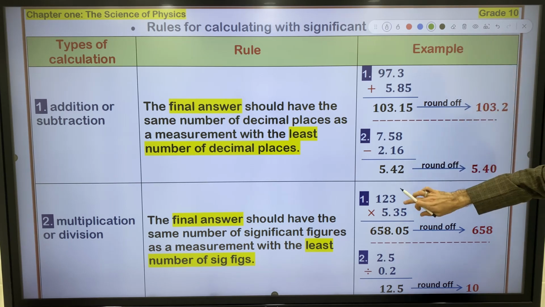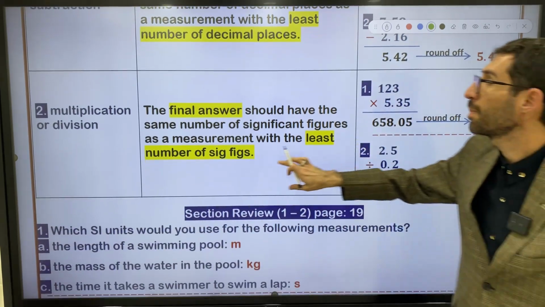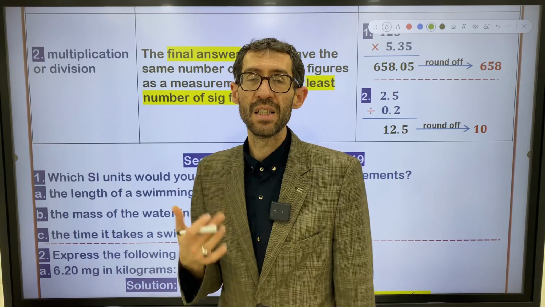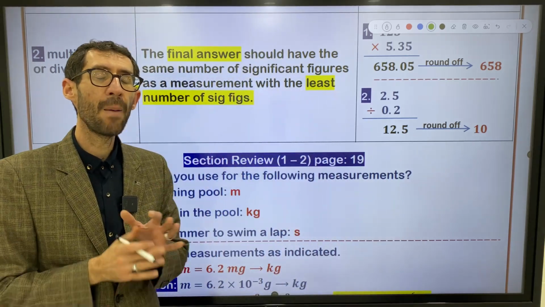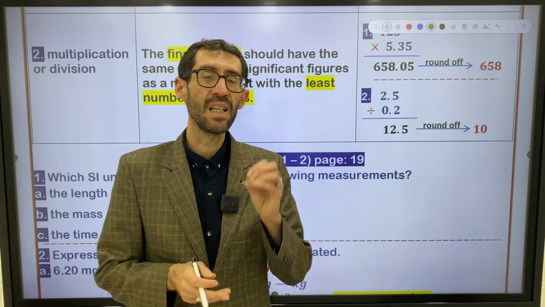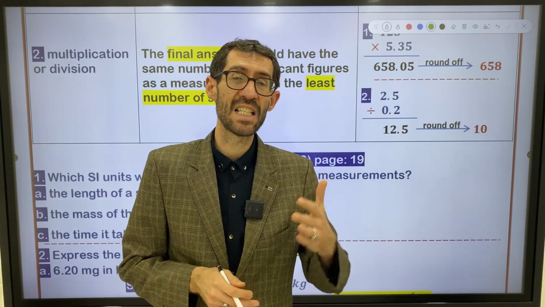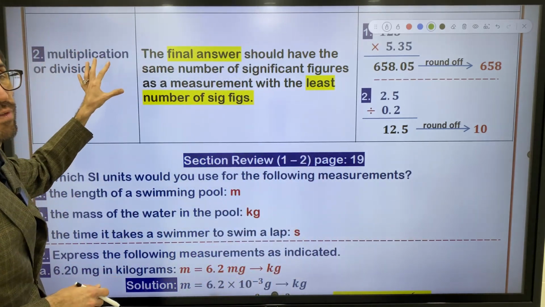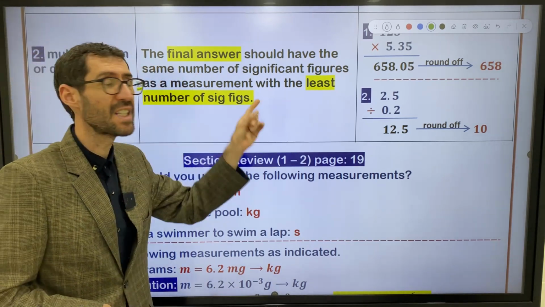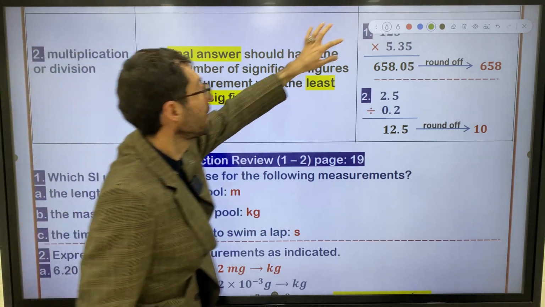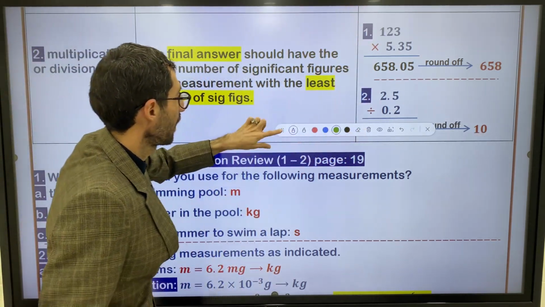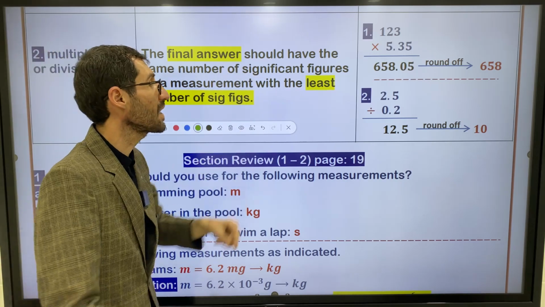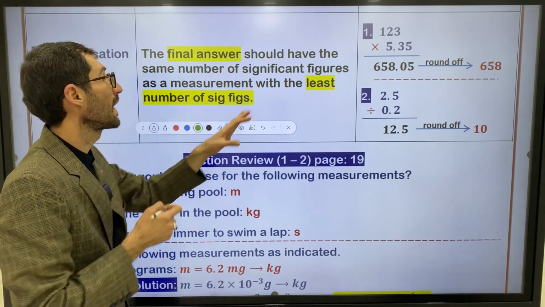Let me read another one about multiplication and division. We have another rule here. For multiplication and division, focus on what? Focus on the number with the least significant figures, not least decimal place, right? Let me read the rule for you. For the case of multiplication and division, we obey this rule. The final answer should have the same number of significant figures as a measurement with the least